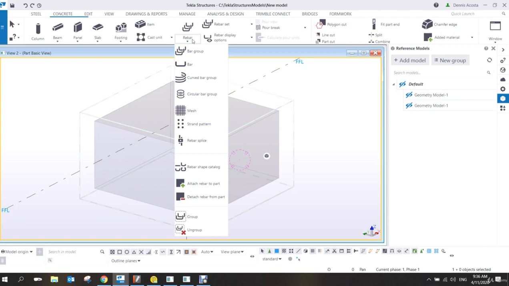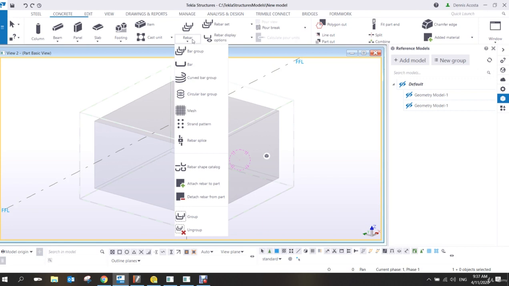the rebar is always attached to the concrete. You cannot create a rebar without a concrete part, because the moment that you create a rebar, the first question is, pick the object that you want to reinforce. So what do you want to reinforce? Of course, the concrete. So you need to pick the concrete. Now, it's always attached to the concrete, but